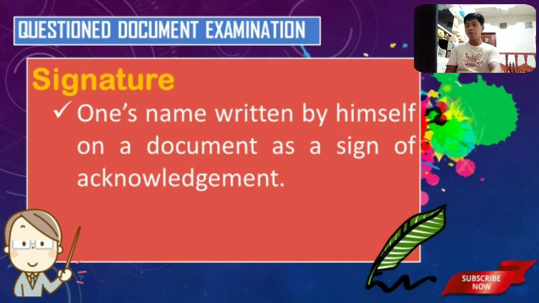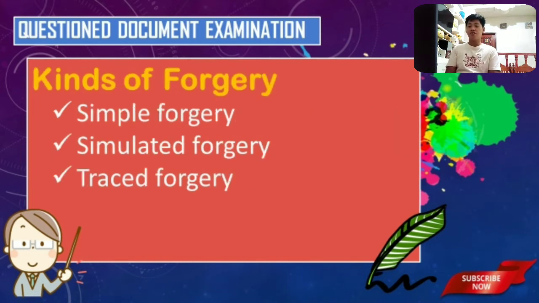Okay? Now, going back to the topic on forgery, we have here different kinds of forgery. At least we have 3 to discuss today. We have the so-called simple forgery, we have the so-called simulated forgery, we have trace forgery. For simple forgery, from the word simple itself, ito yung pinaka-madaling gawin na uri ng forgery. Paano ba siya ginagawa? So simple forgery